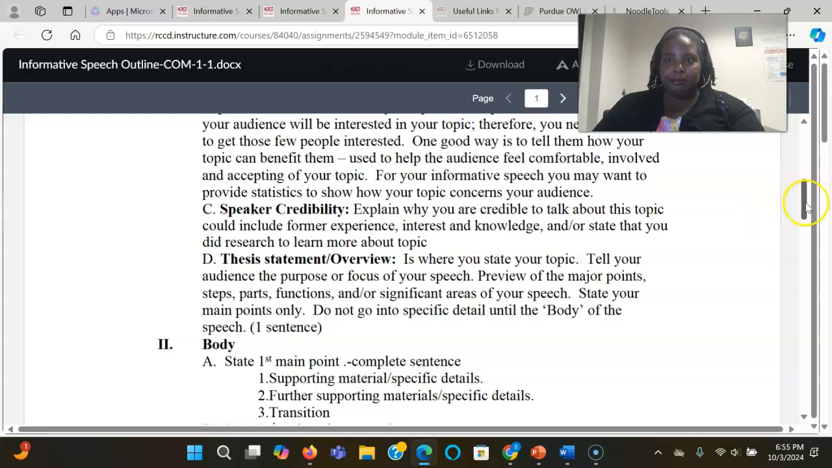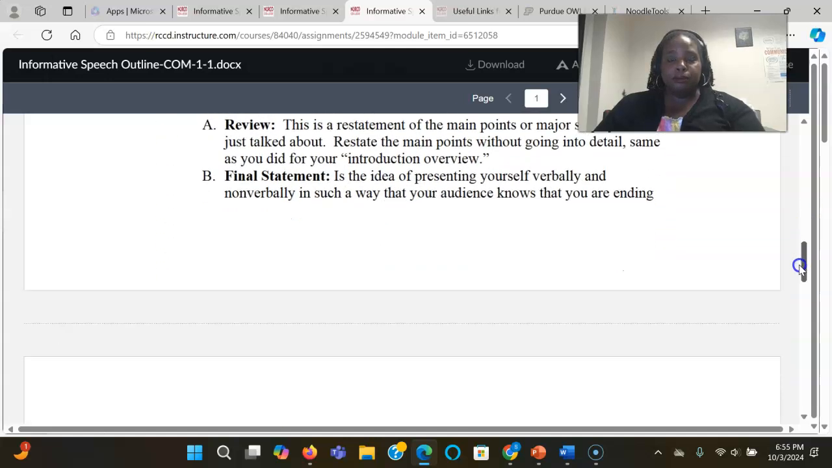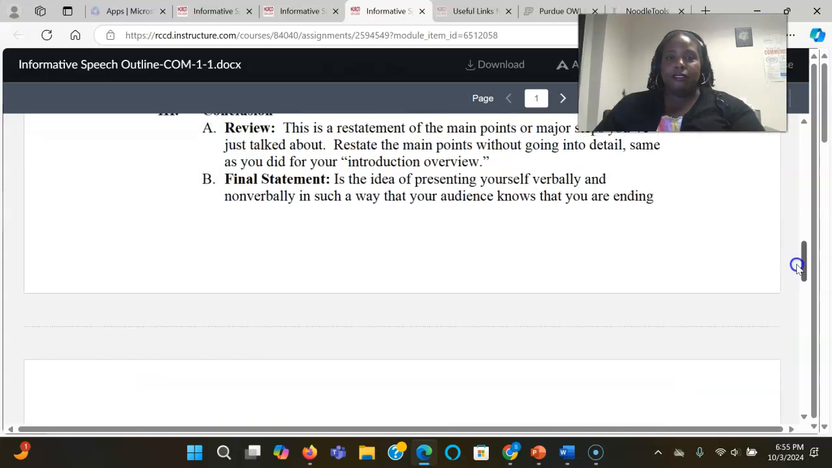When you do the review, it will be a mirror of the thesis statement and central idea. So today I just talked about A, B, and C. In conclusion, I just talked about A, B, and C. So that's the simple part. But you can also, for the final statement,